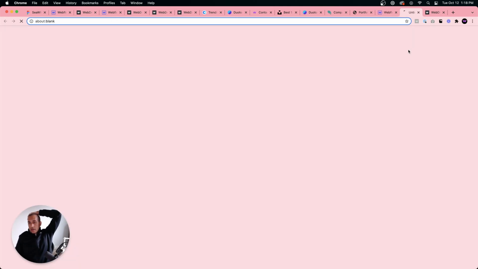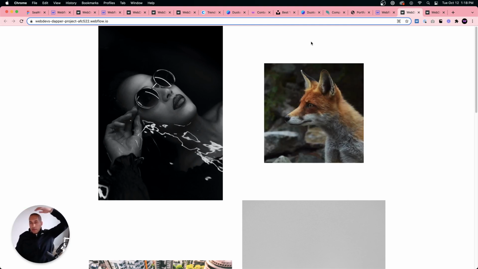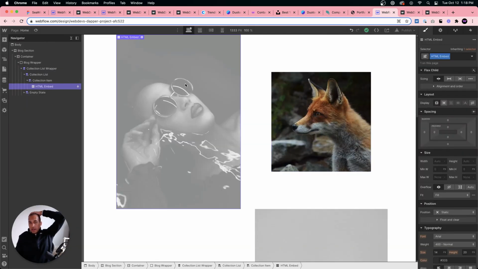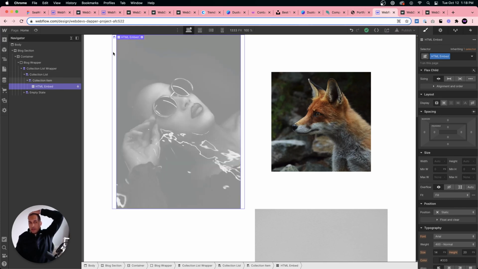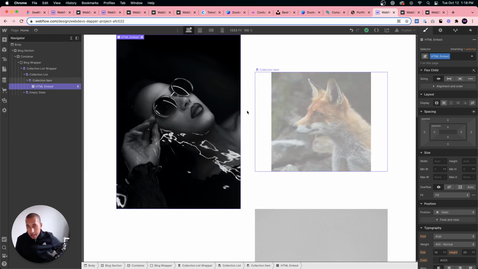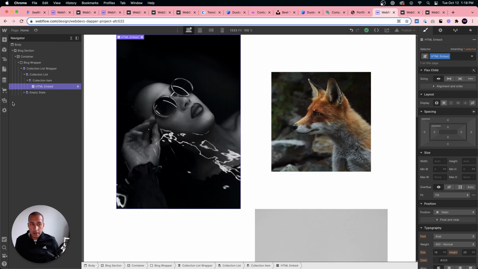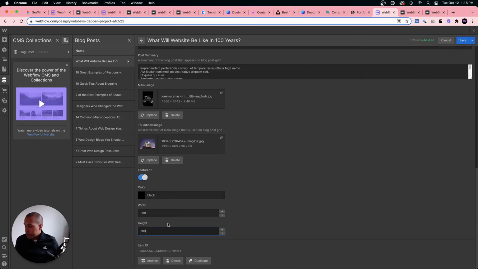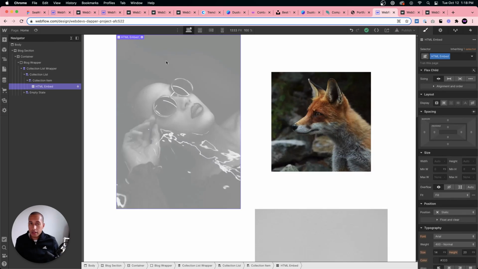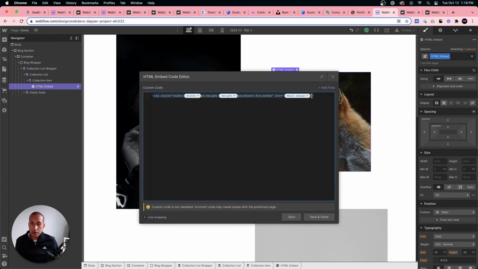Yeah, so that would be the answer to that. And you could even do the width and the height by percentages, but after that you would have to get a bit more detailed into it. So Amy, if you want to send me an email, go ahead and do that, and I'll send you the read-only link to this project, so you can see what I did and kind of fiddle with it. You can take a look at the custom code, and yeah, so basically if you set the width and height within the CMS, you can then choose how you want to style each image with this piece of code inside.